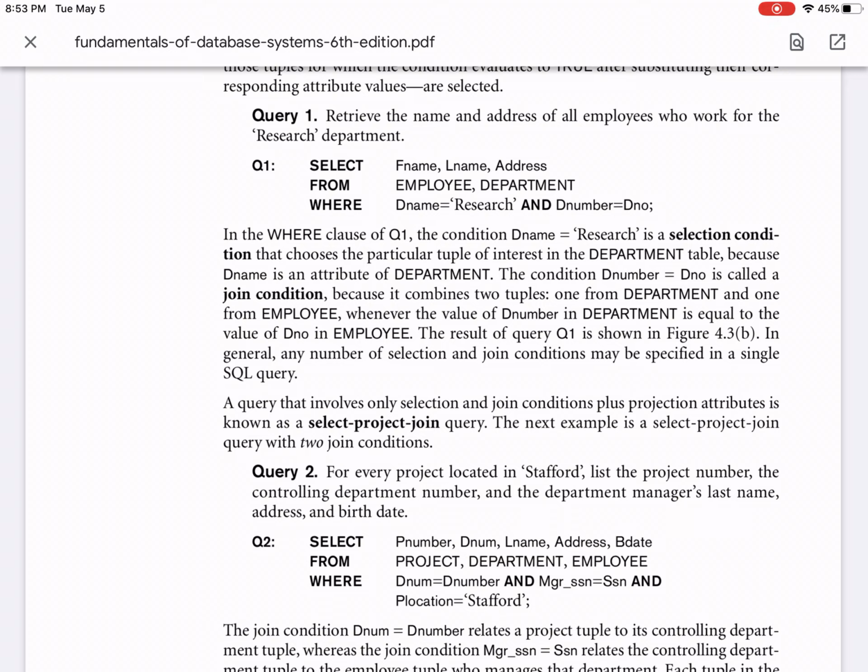As long as the names of the columns are different in the two tables it is fine, but supposing DNO is there in employee, and DNO, the department number, is also there in the department table, both the names will create confusion.